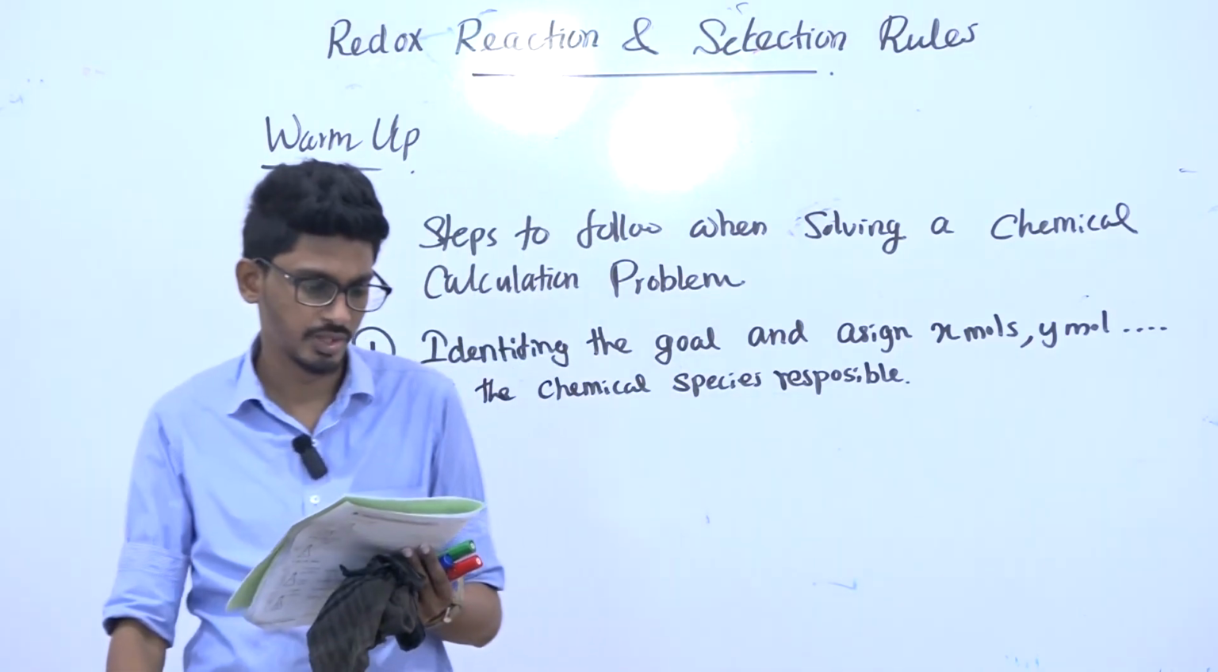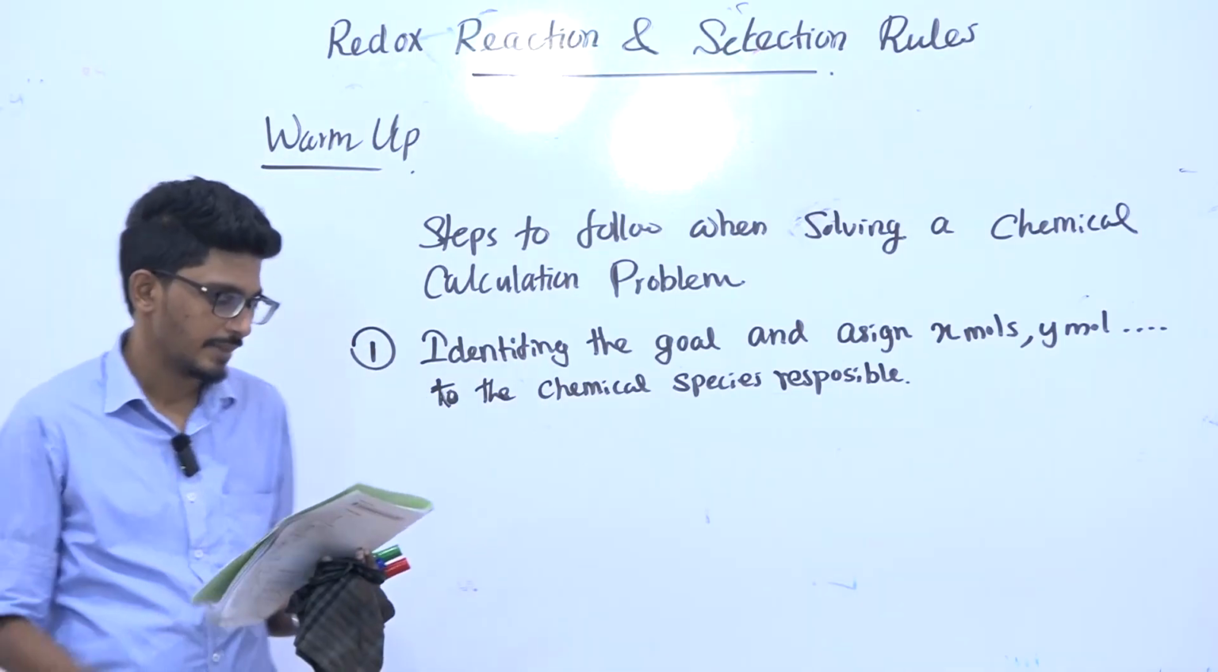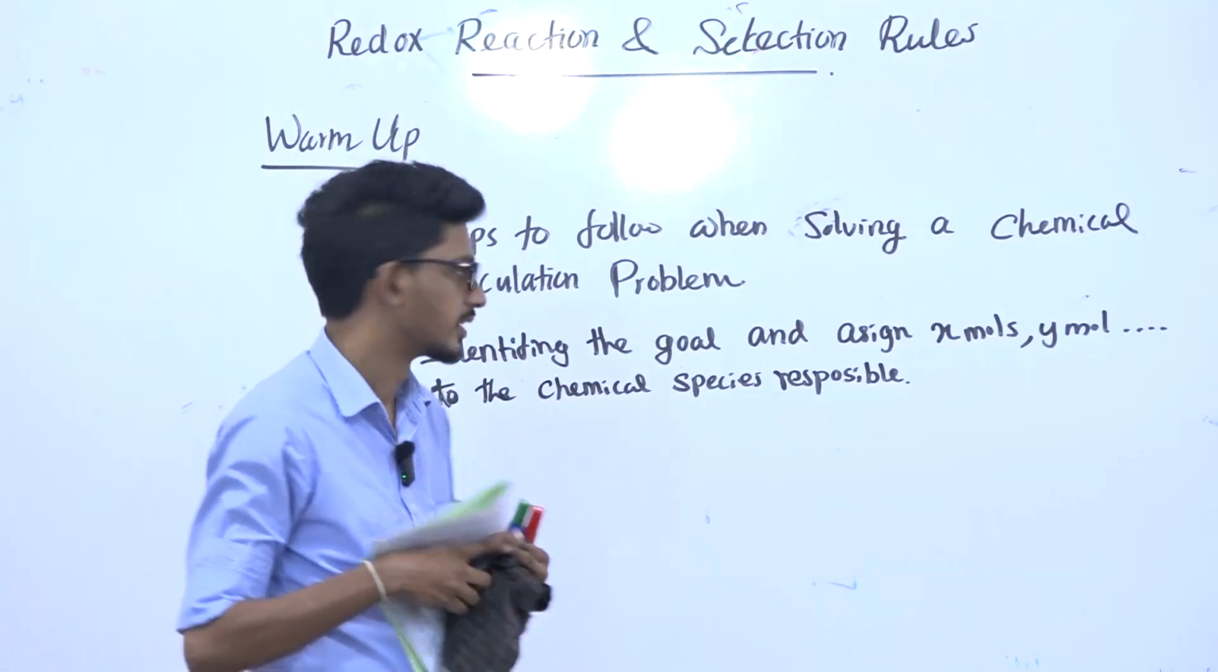The two salts here are the sodium oxalate and the magnesium chloride. So assign sodium oxalate amount as x moles, magnesium chloride amount as y moles. That is the idea, right? Okay. After that,